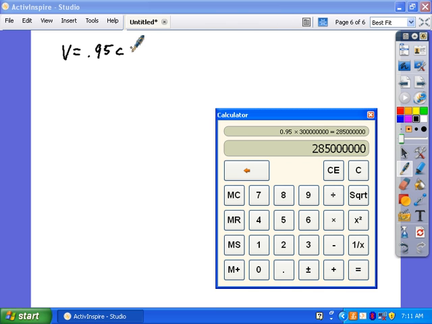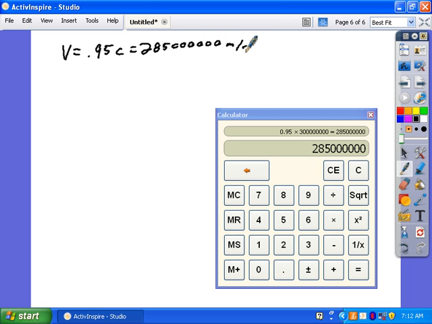All right? Now, this is where things start getting interesting. That change in time equals, and let's say that we're going to make it for a longer period of time, let's say the original event took 10 seconds, divided by square root of 1 minus 0.95c over c